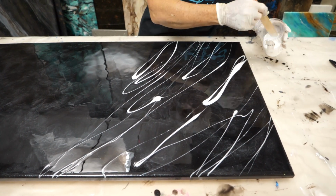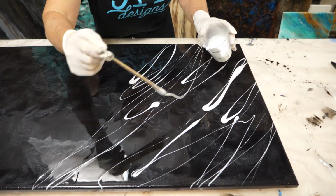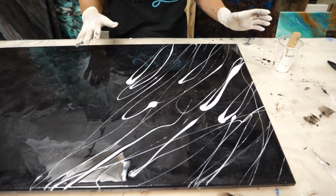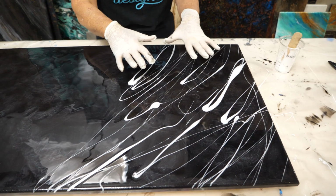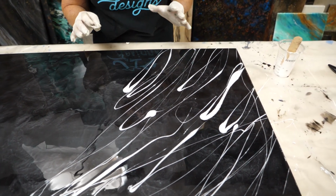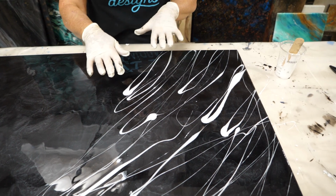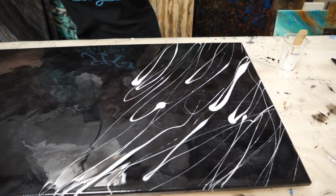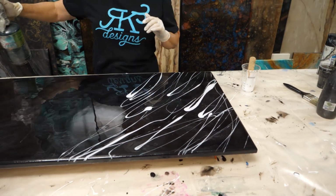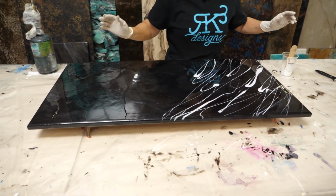Now, I've seen this finish done in a few high-end homes where their countertops are this finish, and then they come in with white cabinets, and it's absolutely stunning. All right, so we're gonna let that sit for just a second, hit it with a little bit of heat. Then we're gonna come over with